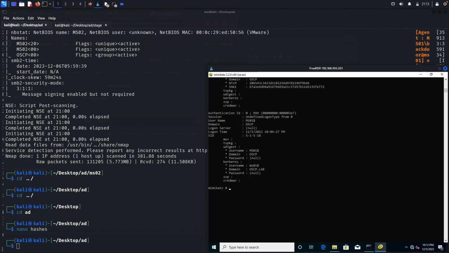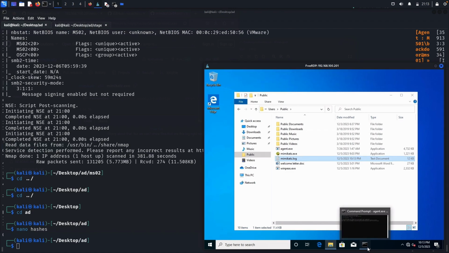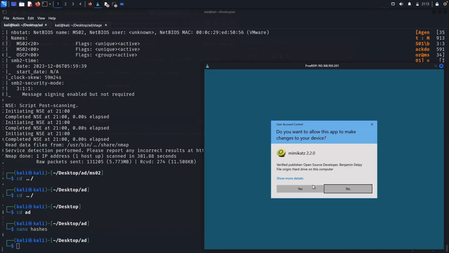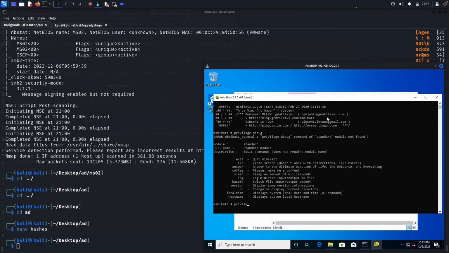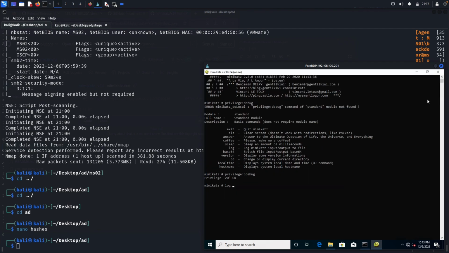So the other one that we can try, so I usually do the sekurlsa, and then I also will, whoopsie, that was not what I meant to do. Dang it, I closed it. Let's open that back up. Privilege debug. Let's go ahead and log mimi2.log. And in this one, the other one I wanted to run was LSA,